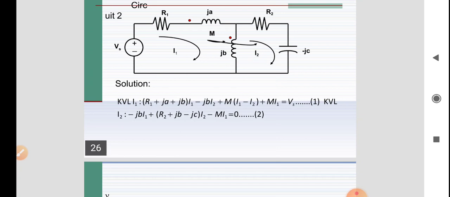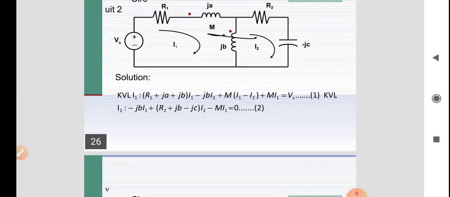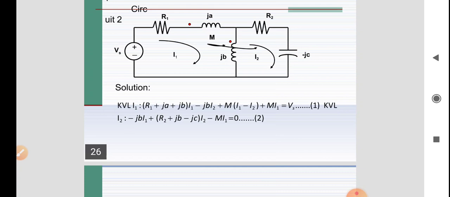That is the reason the first dot, the current flowing, is also dot to coil. So here plus M, but the opposite current is I1. So R1 plus Ja plus Jb into I1 minus Jb into I2 plus M into I1 equal to